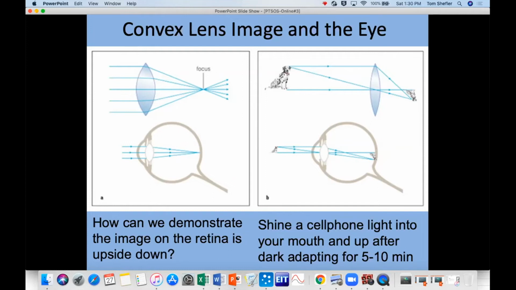Five minutes should work, but again, everybody's eye is different. So I've done this with a room full of 100 people before, and most of them saw it. Some didn't, and I encourage them to try again later and really go for the dark adaptation. But what's cool is you see this red glow, and it's coming from below your eyes, but the red glow that you see